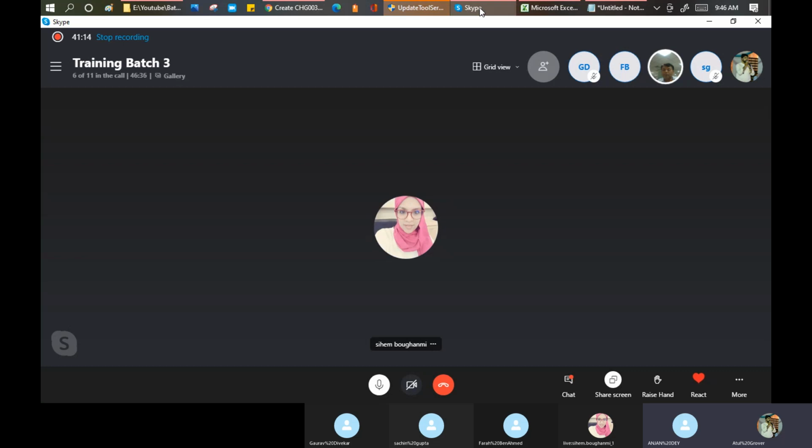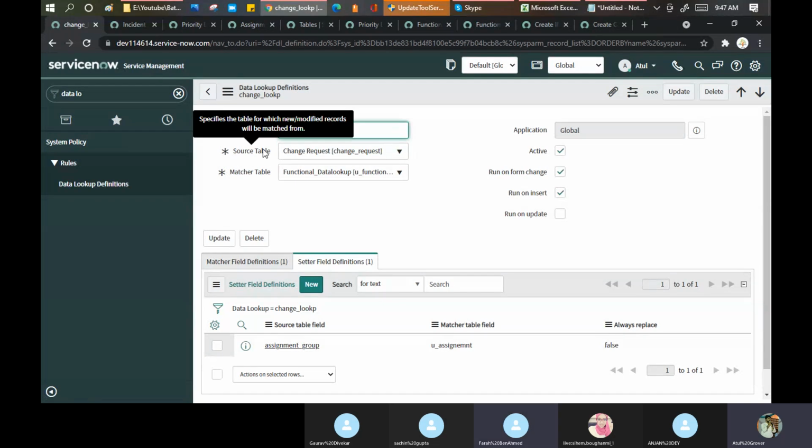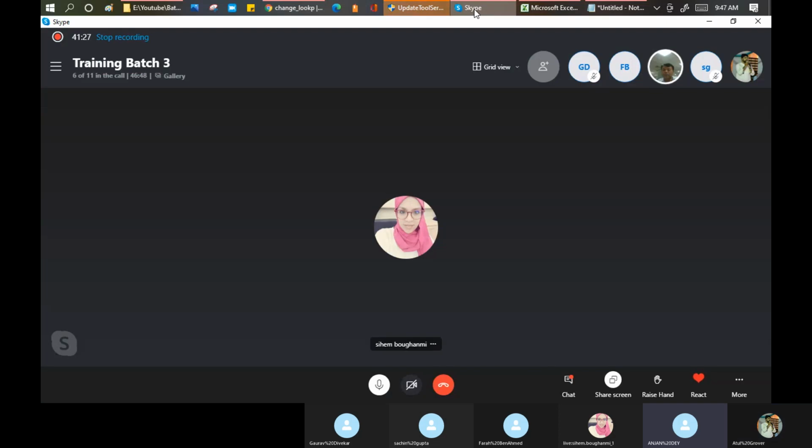Exactly. In the lookup definition, if you see here, what we are doing on the top, we are doing the mapping on which table I need to map this particular option. So you can pull any of the resources with any of the assignment groups based on the requirements, right? Yes. This is just one example actually. Okay. But if you see, multiple things are happening.